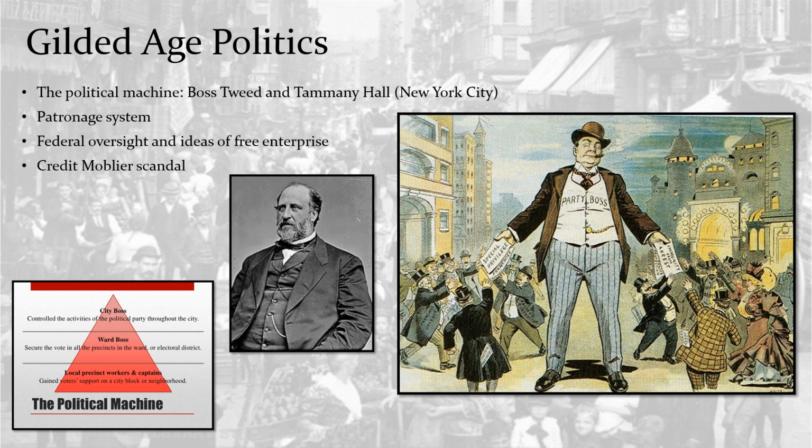And so he creates this kind of patronage system. Underneath him was a ward boss, and then underneath the ward boss were local precinct workers and captains. What they would do is, when an immigrant would come off the boat from Ellis Island, they would